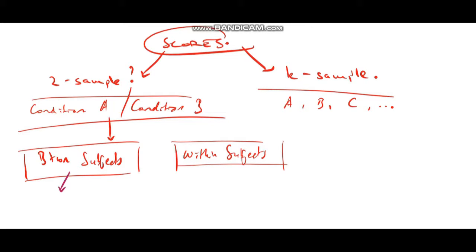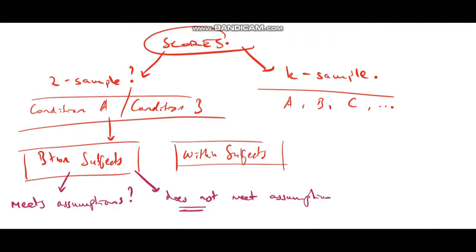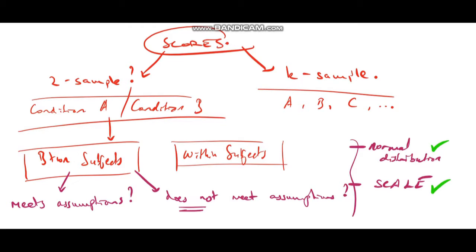Now, you then need to decide whether your test meets parametric assumptions. So does it meet the assumptions for parametric tests? Now, there are two assumptions that really it must meet. So it must have a normal distribution and the data must be scalar. If it meets both of these assumptions, then in the case of a two-sample data, you would use a parametric